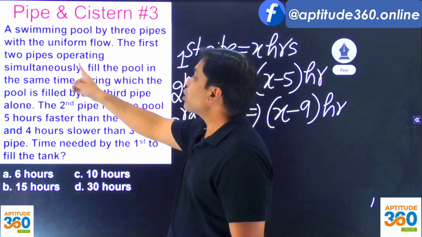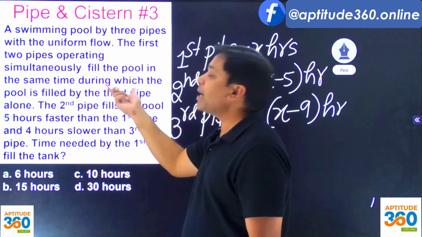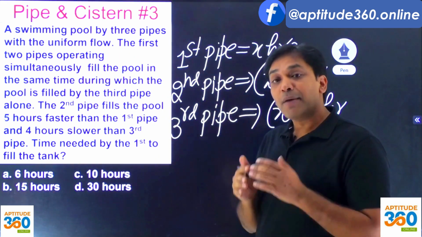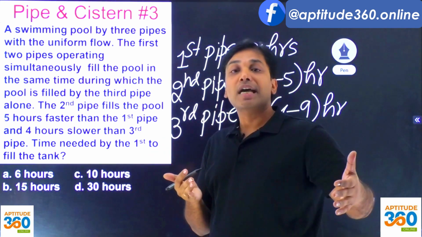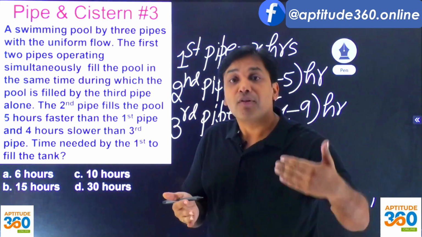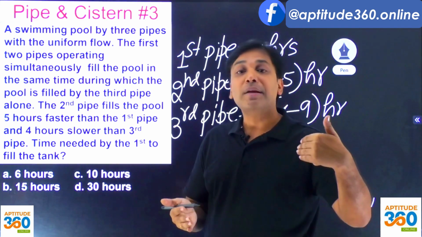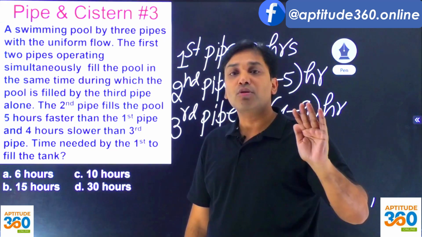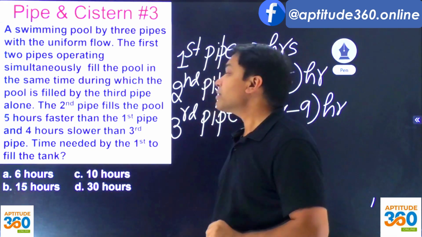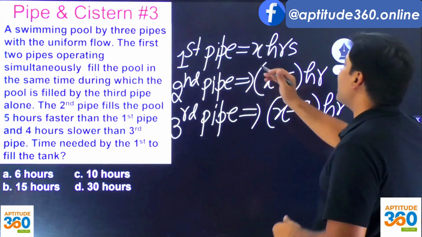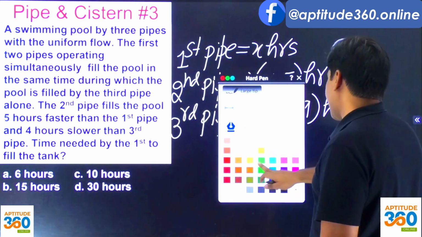The first 2 pipes operating simultaneously fill the pool in the same time. So what did I say? LCM method cannot be utilized here because the comparative analysis has been done. जहां पे variable आ जाए वहां पे LCM से better. In fact, LCM is not going to be useful here. So you should be taking advantage of your ratio method. अगर पहले वाली पाइप को भरना हुआ, understand,